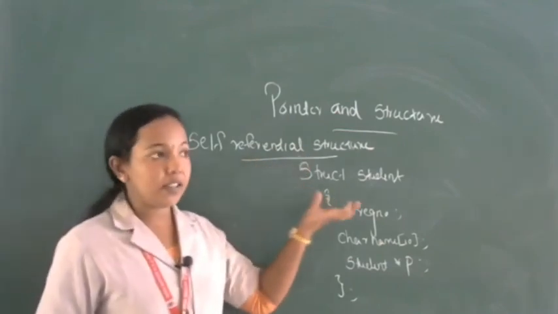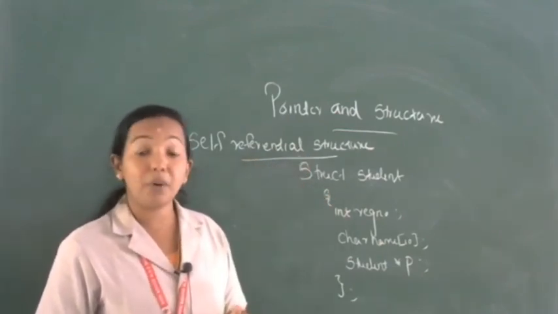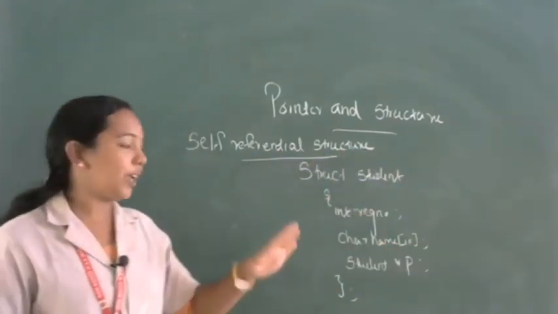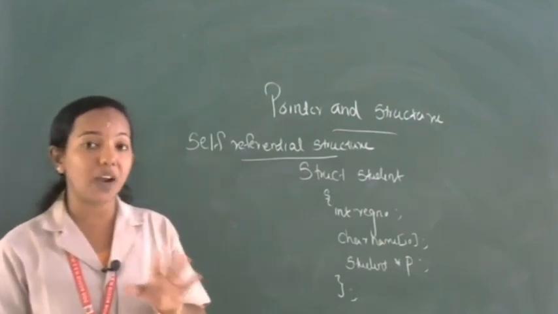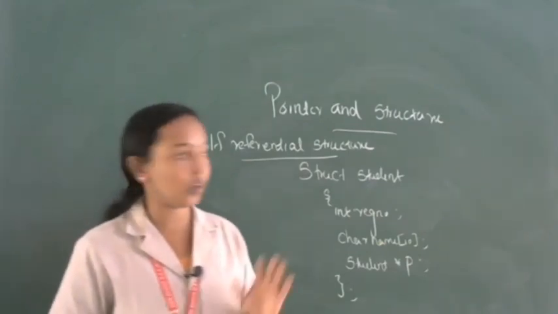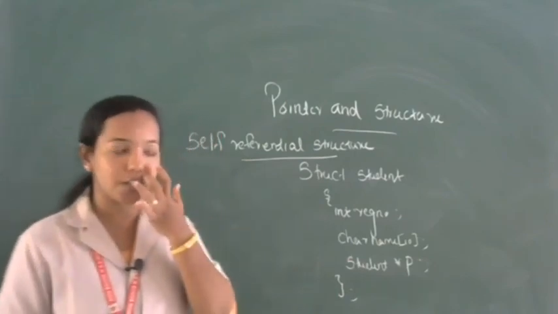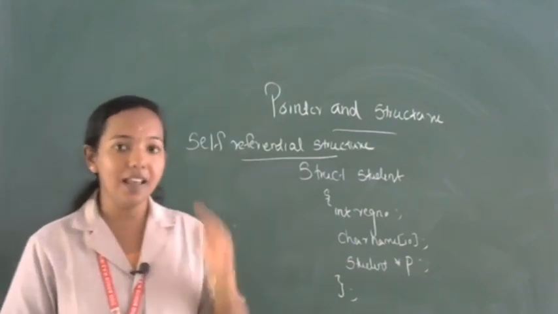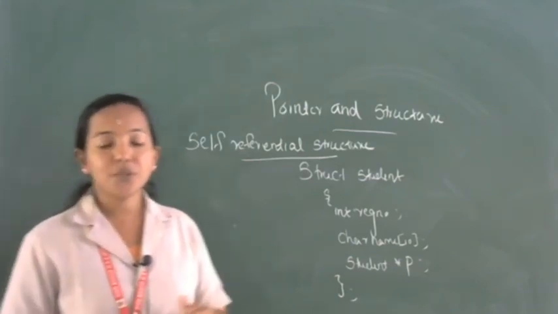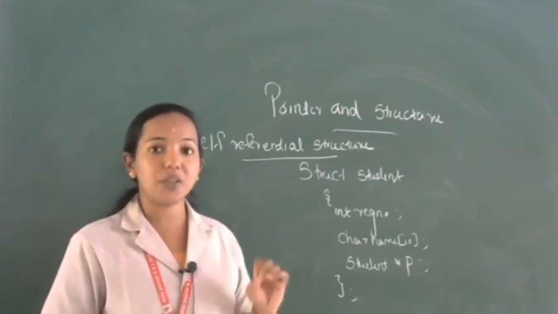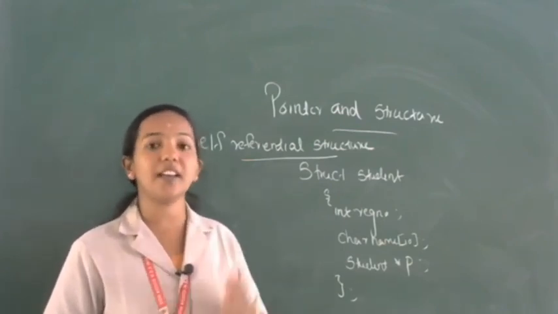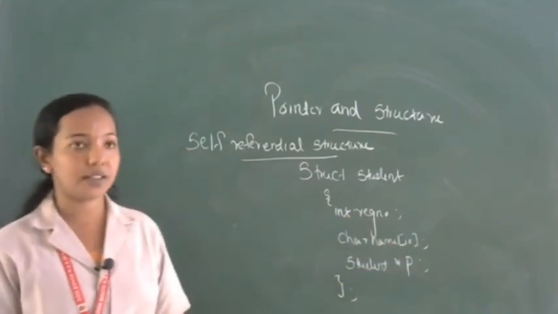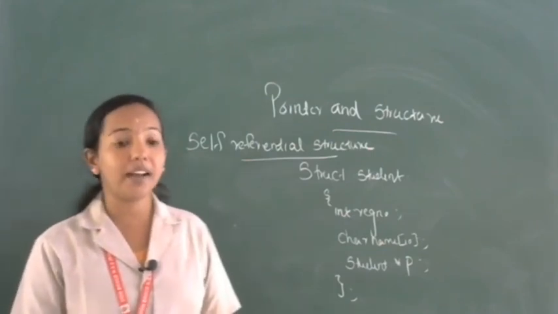Okay, I mentioned this because in the third chapter we are studying about linked lists. In linked lists we will use this term, self-referential structure. Programming notation is not required, but you want to identify the concept of self-referential structure. What is meant by a self-referential structure? A structure pointing to itself is known as a self-referential structure. Okay, clear? So these are the basic concepts relating to array and structure, especially for integer array and also character array, along with the pointers and structures. Hope you understood the concept of array and also structure.